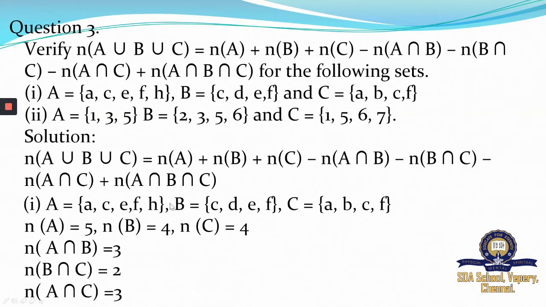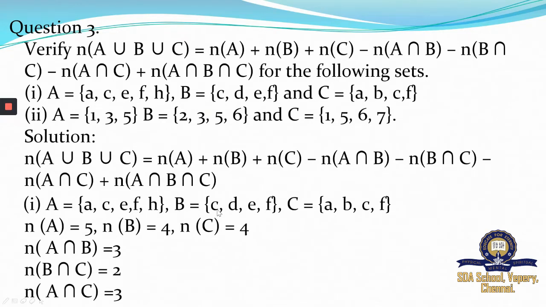Let us first write the first subdivision. What is the question? They have given us 3 sets, A, B and C. According to this, what are we supposed to find? We are supposed to find N of A, simply counting the number of elements of A. Then simply count the number of elements of B and write it as N of B. Then we count the elements of C and write the number of elements. So we have written it as 4.